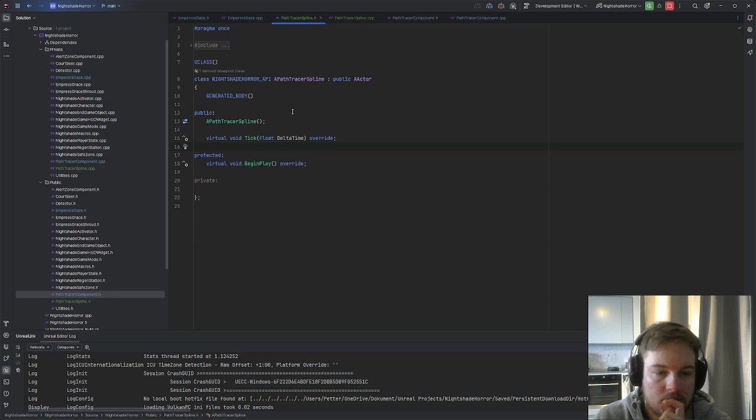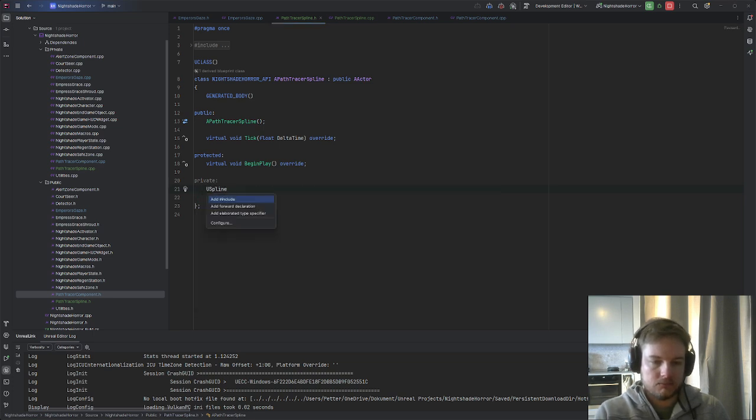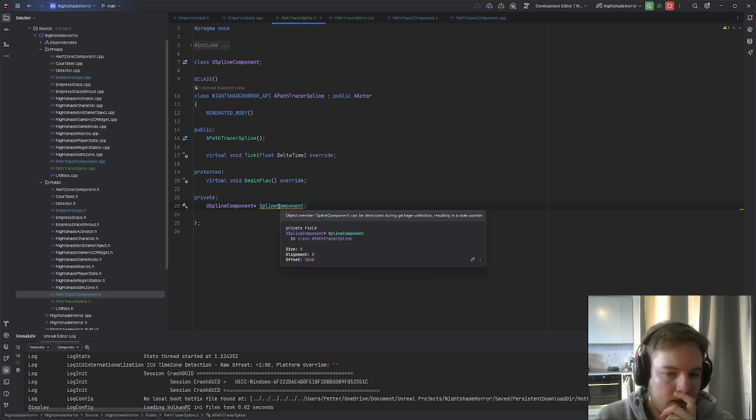I need to, in private, create a Spline declaration. There you go. And I would love it if someone can tell me if I need to be worried about this. I mean, I understand that garbage collection kind of takes away stuff from you. Like cleaning up memory is a good thing. I don't know if I need to add your property